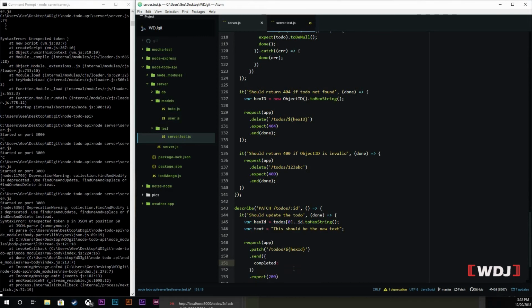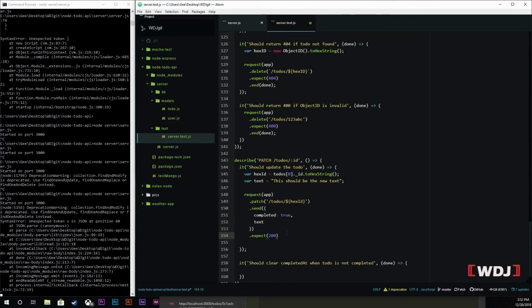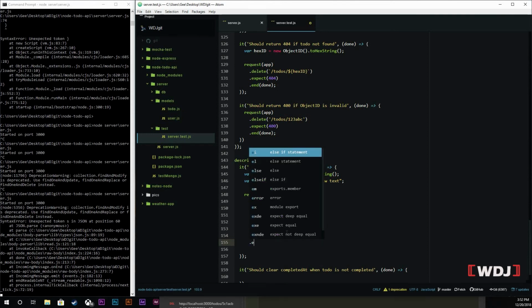We're gonna send completed as true, and we're gonna send in text. Now remember, in ES6 we can do it like this, but since they're both the same, I'm gonna just delete these two and leave it like that. Now we're gonna expect the 200, yep, and we're gonna also expect